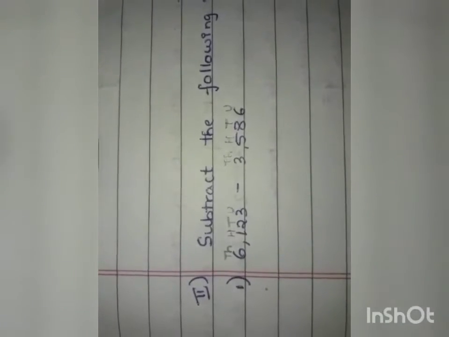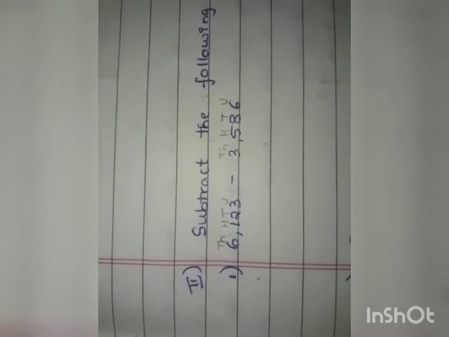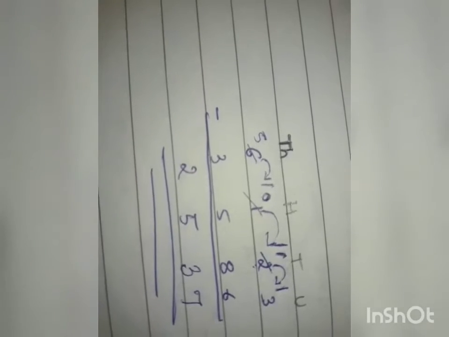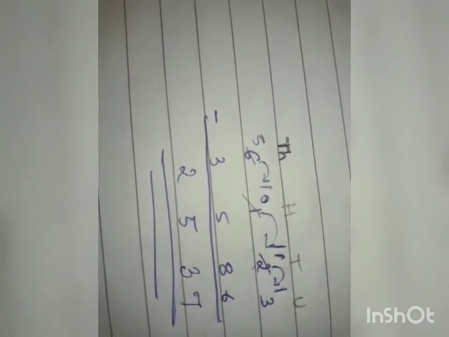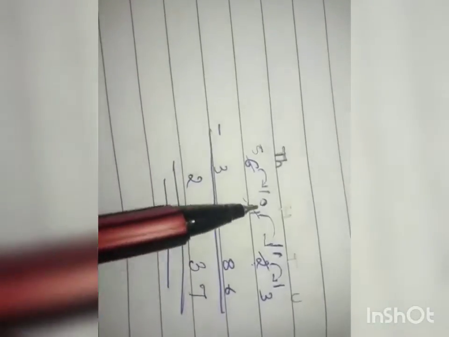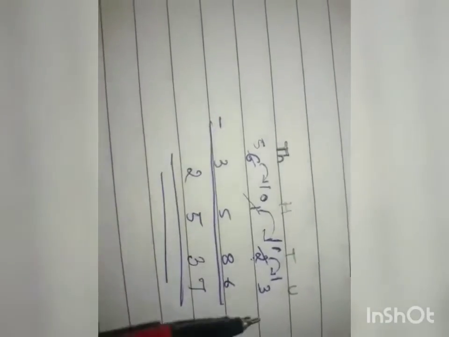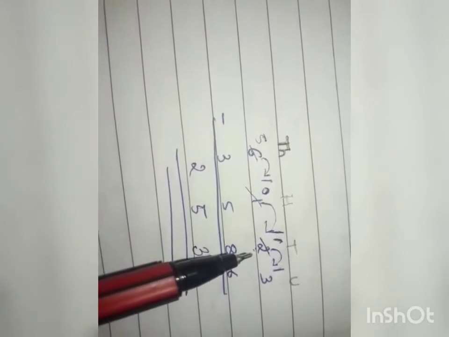Once you have written the place values of the numbers, write these numbers under their place values to subtract them. That is, if you want the number for units, you have to borrow it from tens. You can't borrow it from thousands. Got it, no? You can only borrow a number from thousands for hundreds. If you want a number for hundreds, then you have to borrow it from thousands.